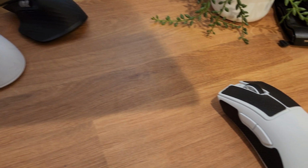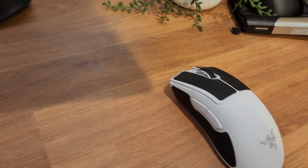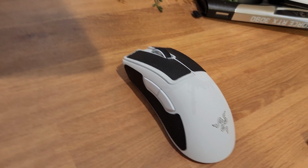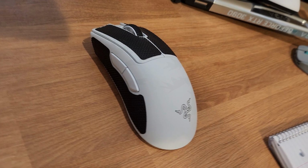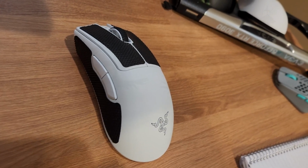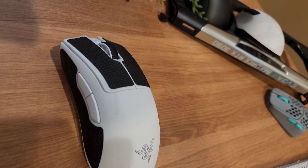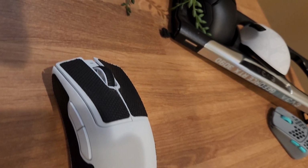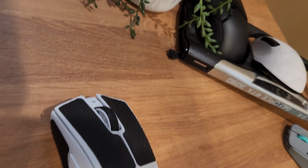started to see these honeycomb mouses. So I wanted to see what this whole lightweight scene was all about. I actually moved on to using a honeycomb as my primary. After being on a wired honeycomb with high DPI for a while, I started to hear about these super light mouses that were wireless. So the G Pro Superlight was my first foray into that world, and I was kind of blown away. Ever since then,